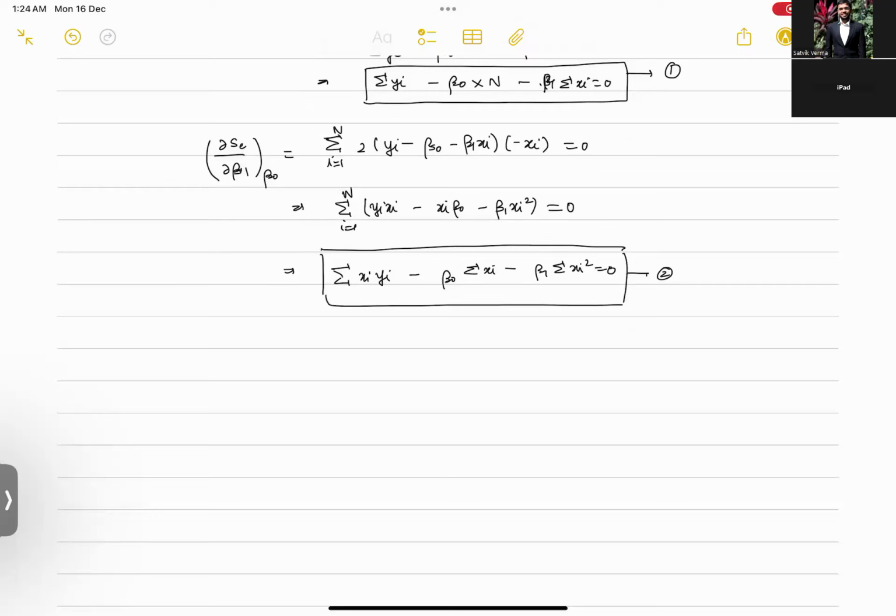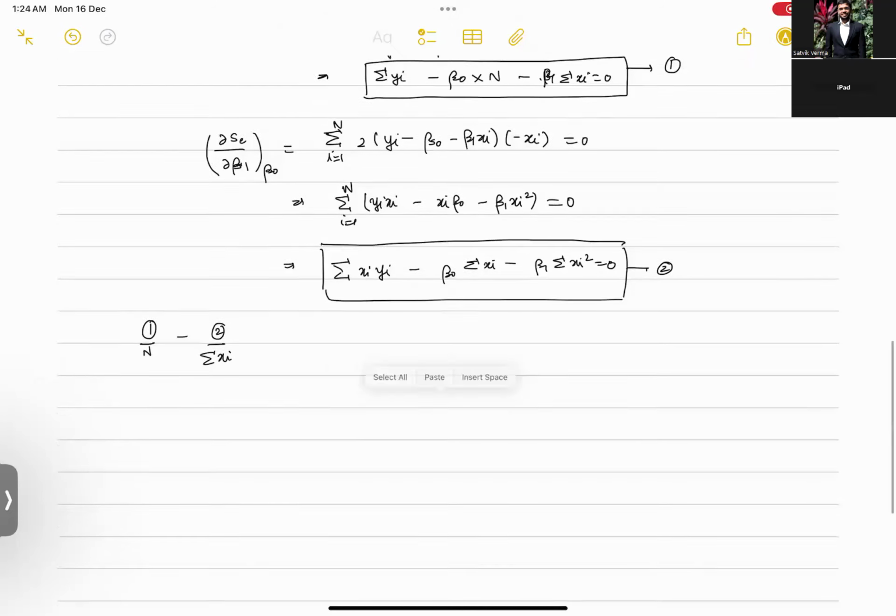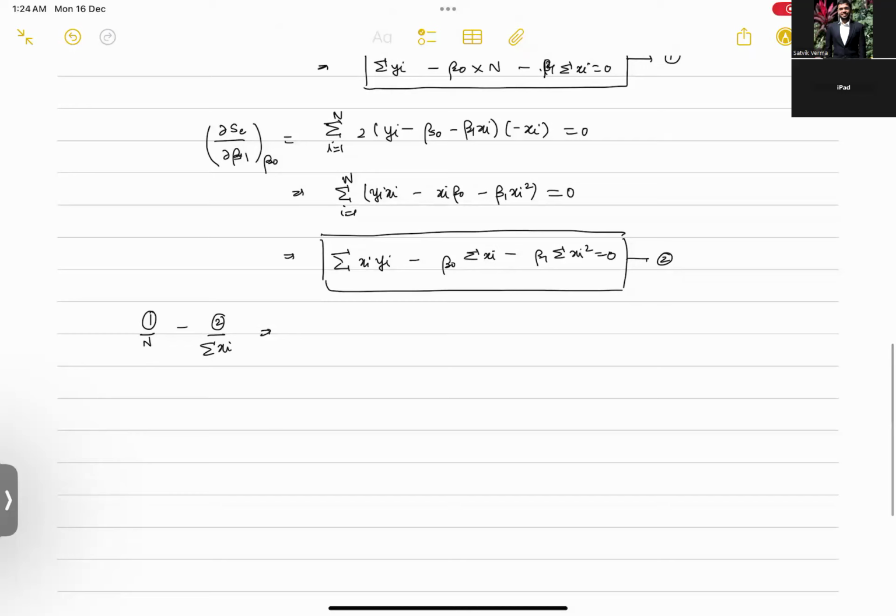So we could do that by doing this, right? So if we subtract 1 by n and 2 by summation xi, so beta naught gets eliminated. So we get summation yi by n minus beta 1 summation xi by n